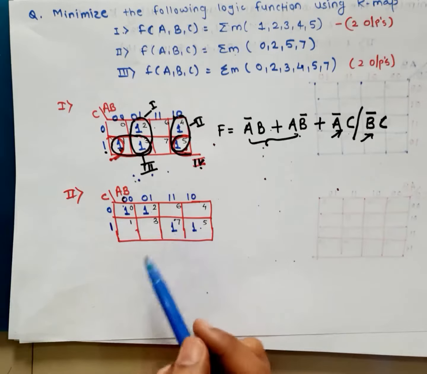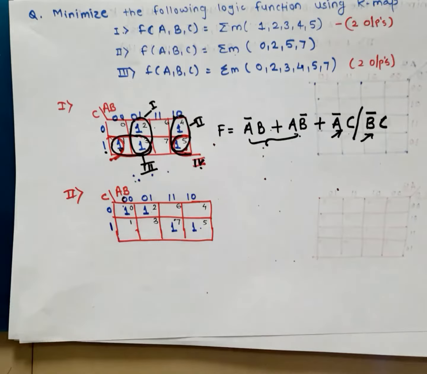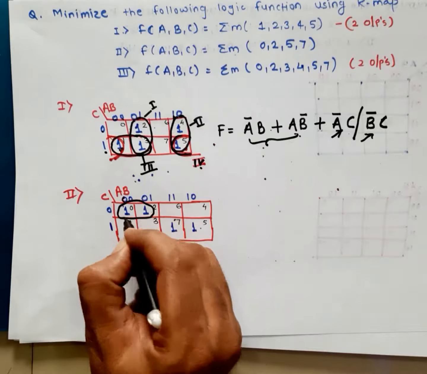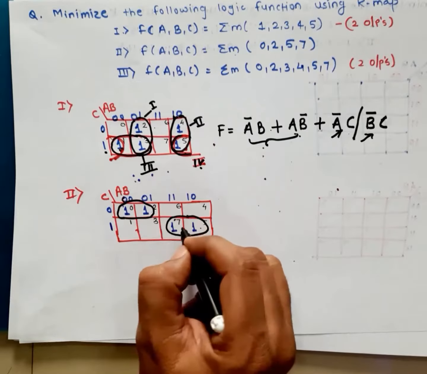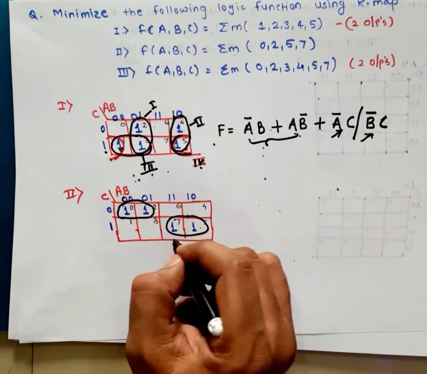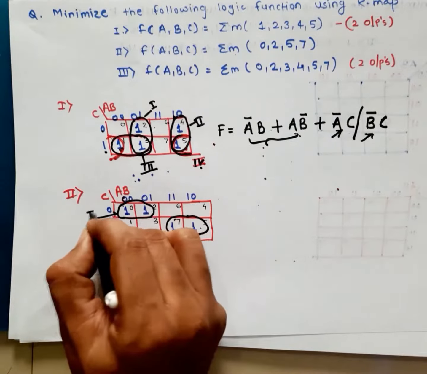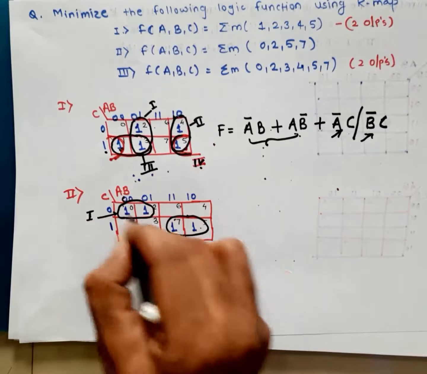So instead of that, go for groups of 2 cells. Now it is easy. From that we can make a group of these 2 cells, and we can make another group of 2 cells. In this case there is no overlapping while making a group of cells, and in these 2 groups all high values are covered.